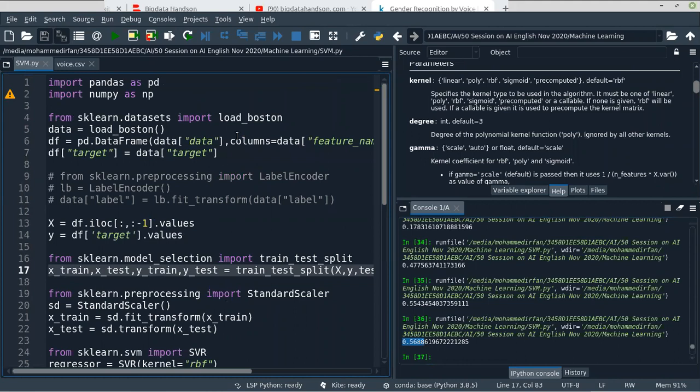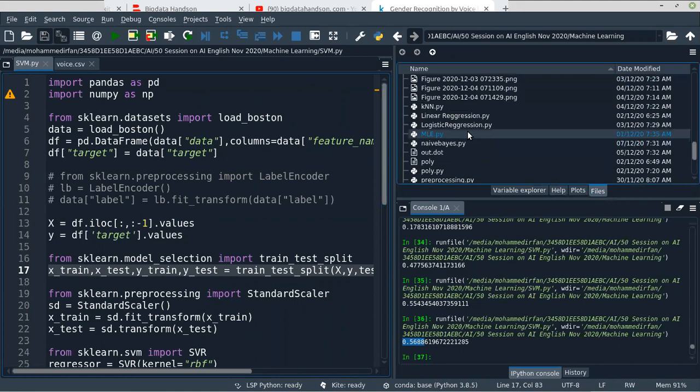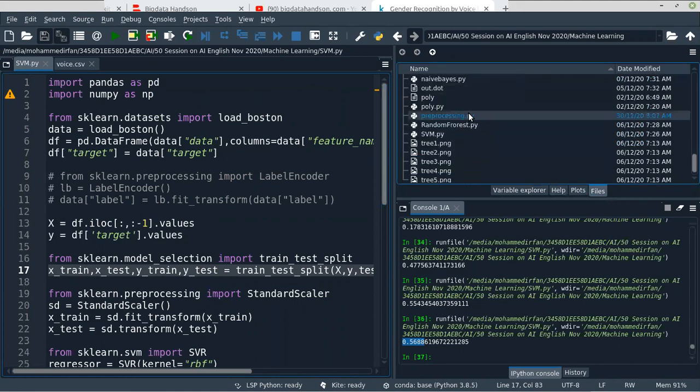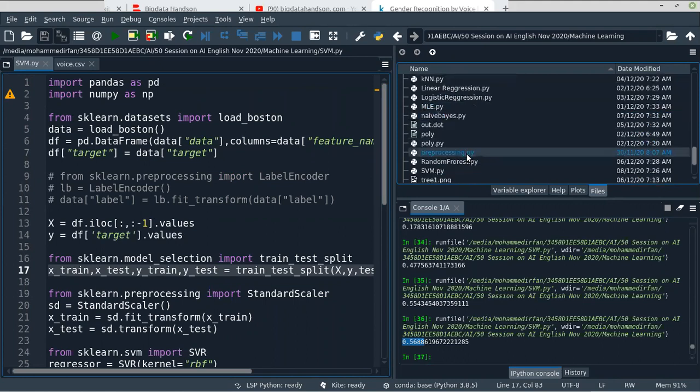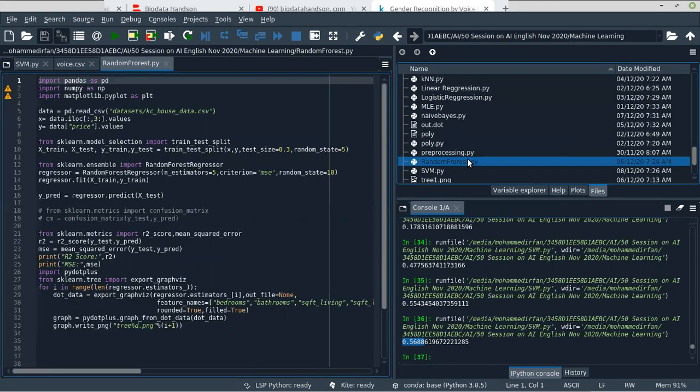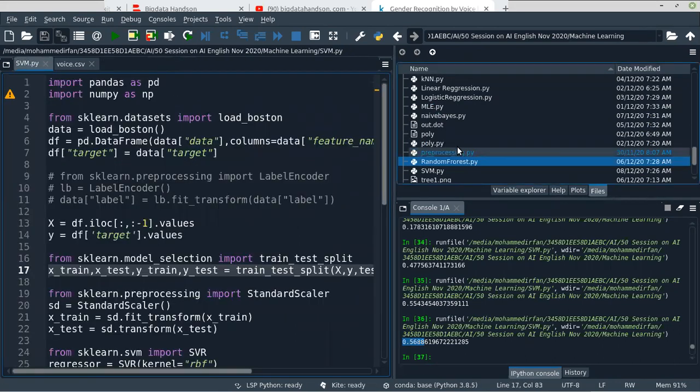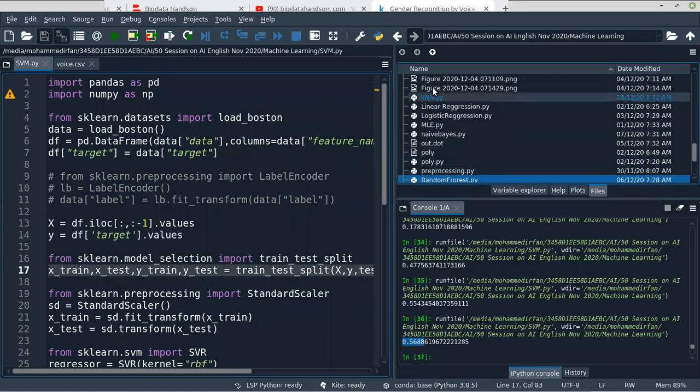Sometimes what happens, we need to select an appropriate model for a particular data. For example, let's take the Boston data. In the Boston data, we have actually done some algorithms previously, like maybe random forest regressor. I think no, that's King County house data, or maybe KNN.